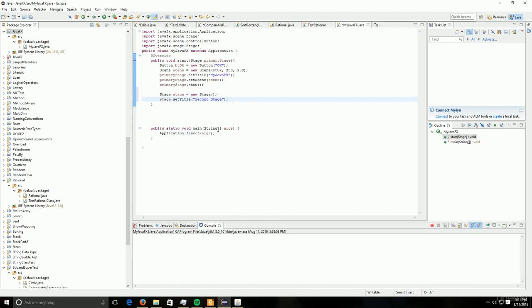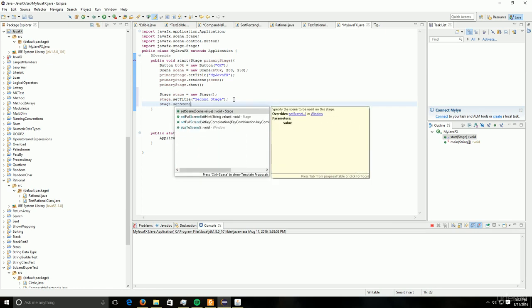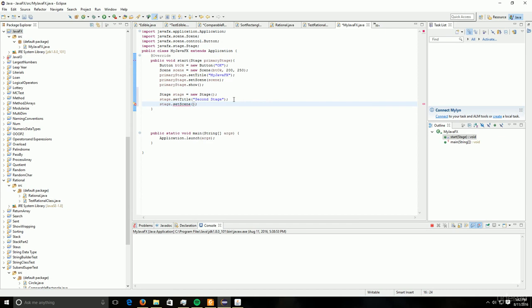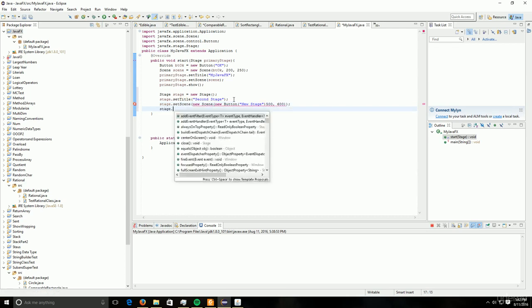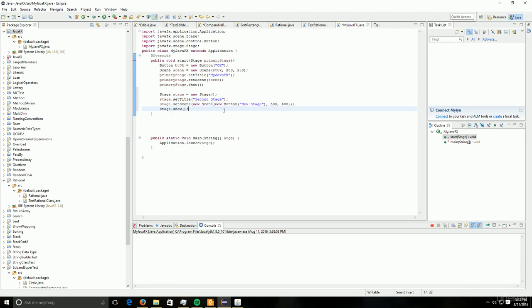After that, you would set a scene with a button in the new stage. So you would say stage.setScene, and then inside our setScene, we want to create a new Scene, and inside our new Scene, we want to create a new Button. Our button should say, for example, new stage, and then we want this window, let's say, to be 500 by 600 pixels. Then, if we say stage.show, and we run our program now,